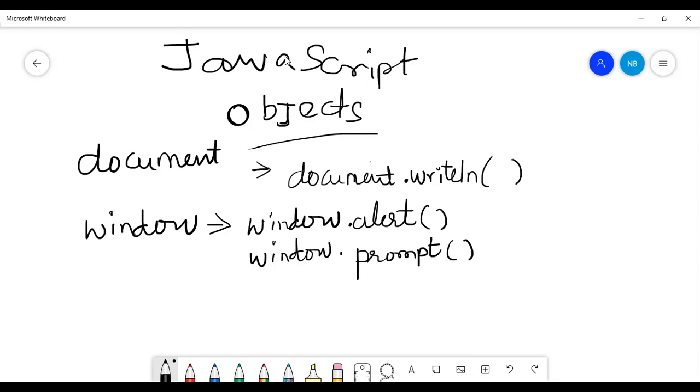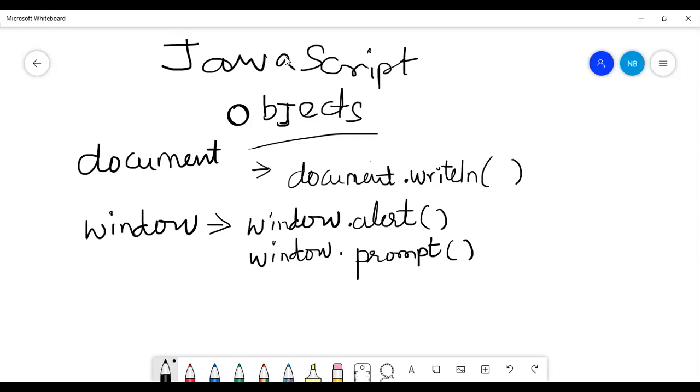So these are the two objects which we discussed basically in the programming before. So document.write and document.writeln. So here document is the object. In the second section, window is the object.